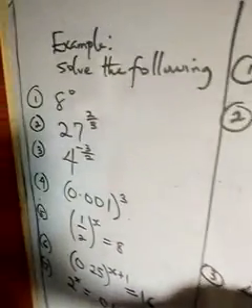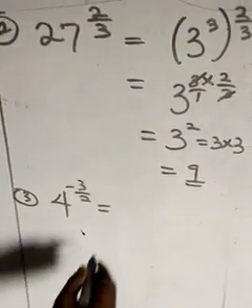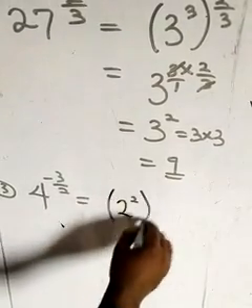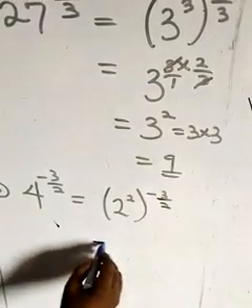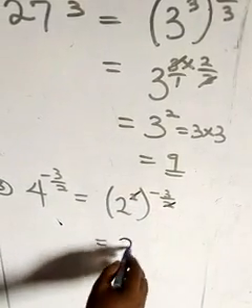Now the third one says 4 raised to the power minus 3 over 2. Now you know that 4 is written as 2 raised to the power 2. Now you replace 4 with 2 raised to the power 2, you now have 2 raised to the power 2 multiplied by minus 3 over 2. Now if you multiply that out, we cancel this. You now have 2 raised to the power